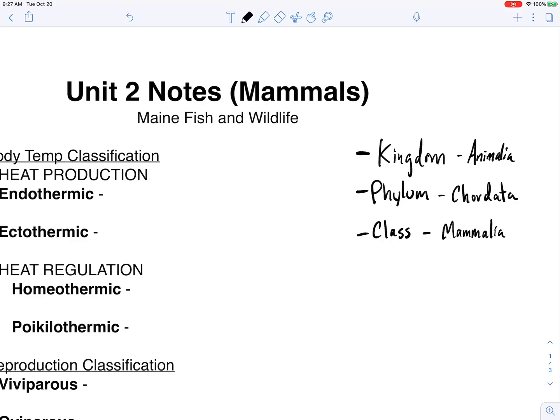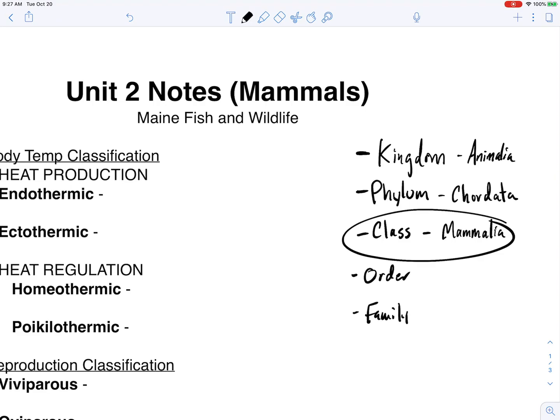We have a spinal cord, but also we have hair. We're endothermic. We have mammary glands that we nurse our young with. So there's a whole bunch of stuff there that makes us mammals, and that's where that comes in. That is a class. We could go even further to order,